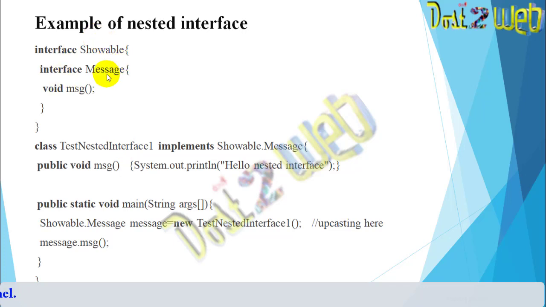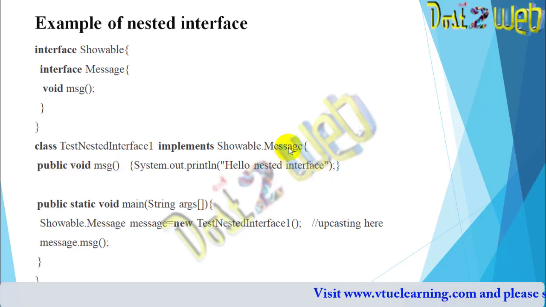Now you have to implement the method of message. For that, you give the interface showable, then the next interface, message. This message interface's method is what we are going to access.